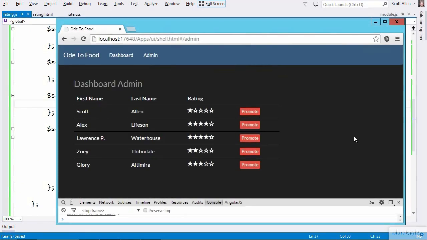And now I can see that everyone has 5 stars, but not everyone has 5 stars filled in because not everyone has a rating of 5. But let's give someone a rating of 5. And we can see that our mouseover effect also works. And now I just need to click on a star